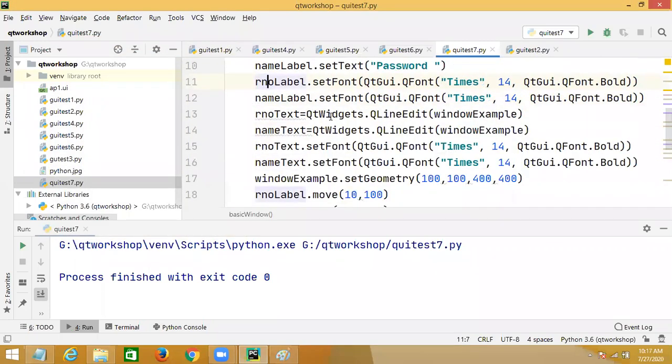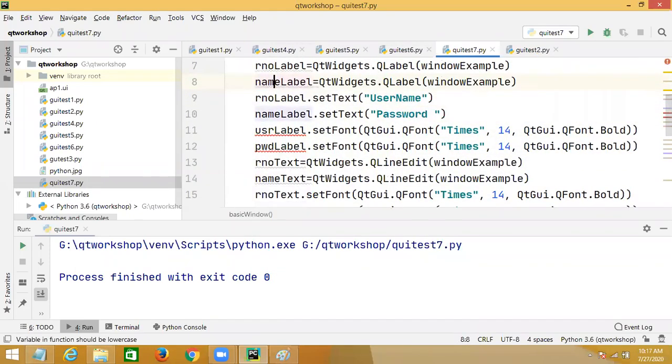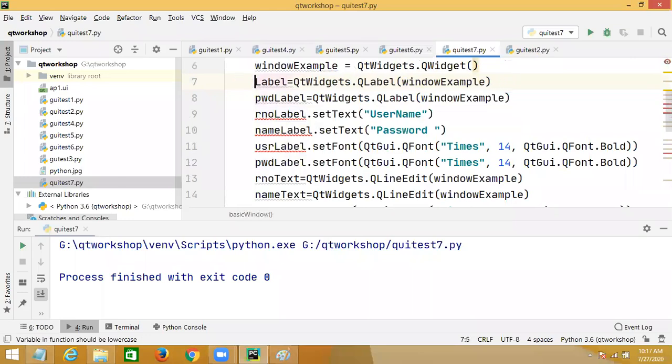Instead of roll number, I'll name these user label, USR label, and this is PWD label. This is USR label, and this is PWD label.